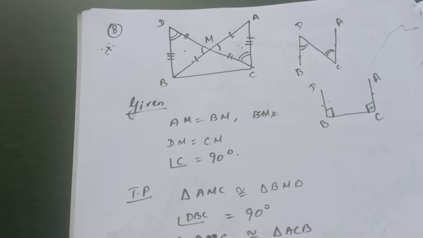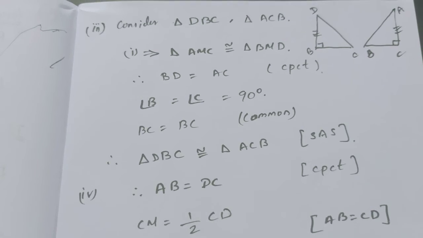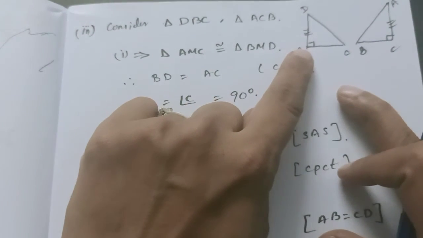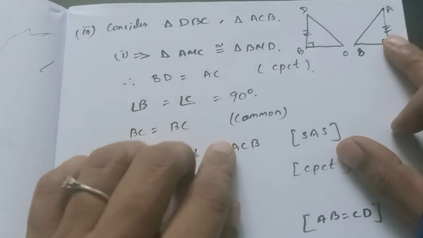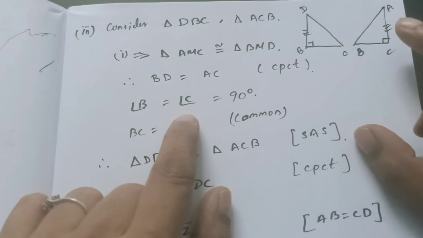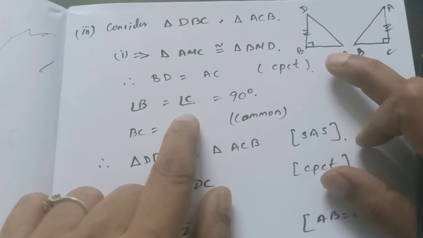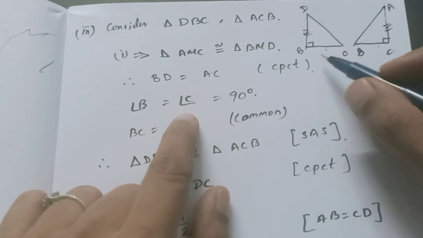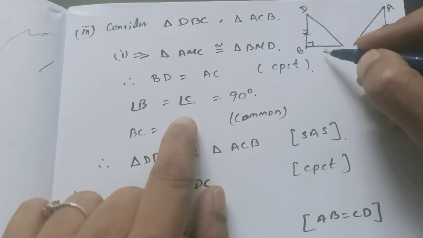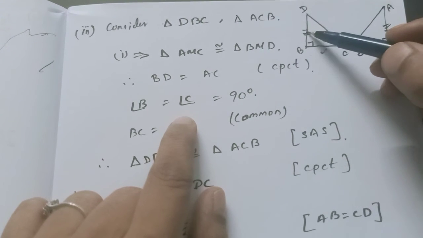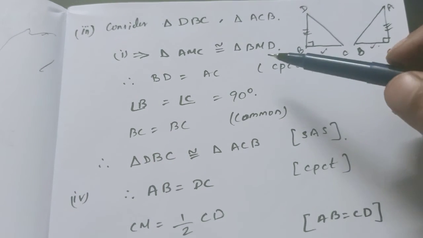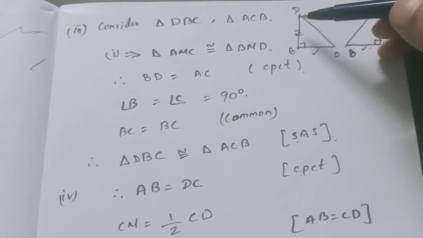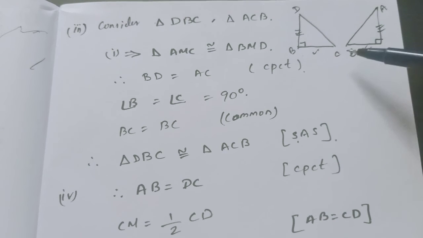If it helps, I will draw the diagram for the two triangles separately. I have separated the two triangles alone from the main diagram. You see, we just wrote by CPCT BD is equal to AC. I have noted the same symbol here, and angle C equal to angle B equal to 90 degree. So I have noted the symbol also. Now you see these two are the same. They are equal, BC is common. So what will you have? These two are equal. Now you see side, angle, side. By SAS, the two triangles are congruent. So if they are congruent, again by CPCT, what will you get? DC is equal to AB.